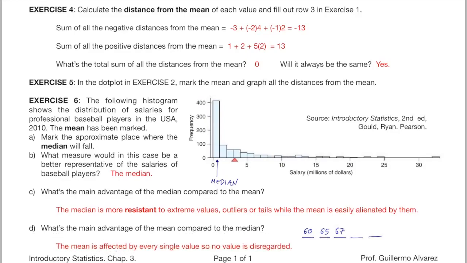For example, we would never want to use the median for the final grade of a student. Imagine that there are 5 exams. In the first one, the student gets 60. In the second one, 65. In the third one, 67. This is a nice trajectory. This student may easily pass. But if we use the median, he will never pass. Even if he gets 100 and 100 next, the median would still be 67.